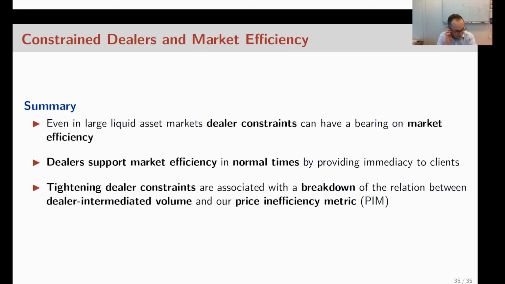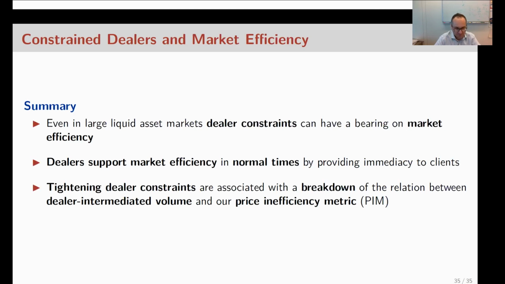Yeah, that's a good question. We haven't looked specifically at these events, but in other work we did, in the context of covered interest parity deviations, we didn't find an important effect of the removal of reserves in the leverage ratio calculations on covered interest parity deviations. I think that's something we should definitely look into a little bit more in the case of spot effects, whether it played a significant role.